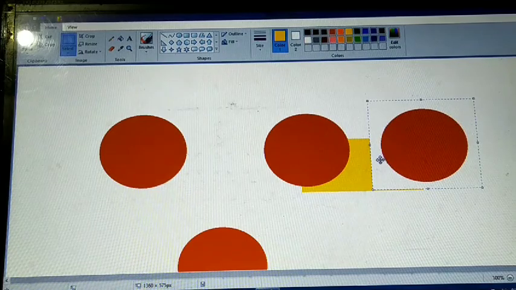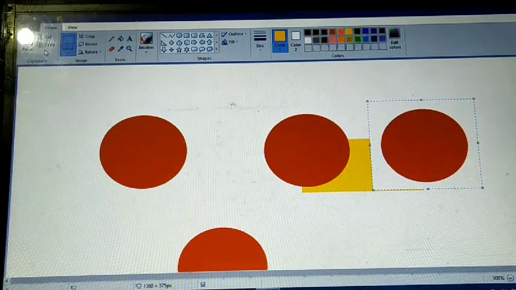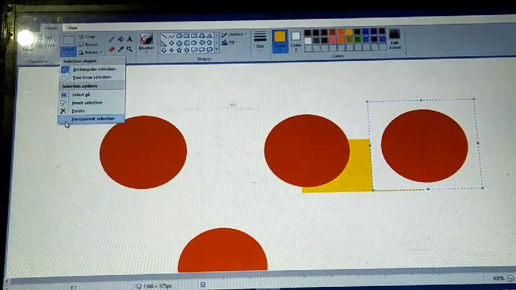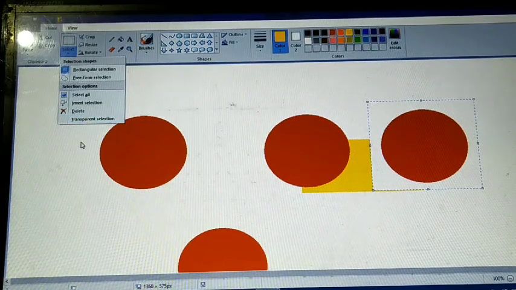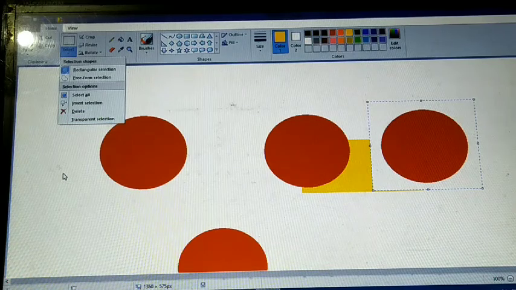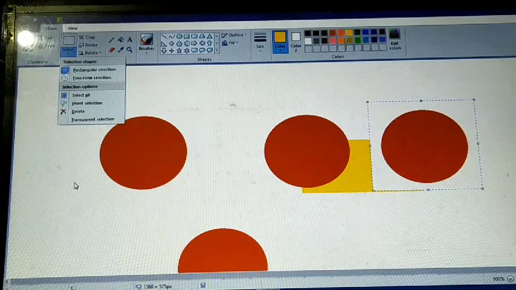So this is basically opaque pasting, and this is transparent pasting. Transparent pasting means you have to click on the transparent selection option. So this is the way of selecting or pasting an object transparently or opaquely. Transparent means without background, and opaque means with background.